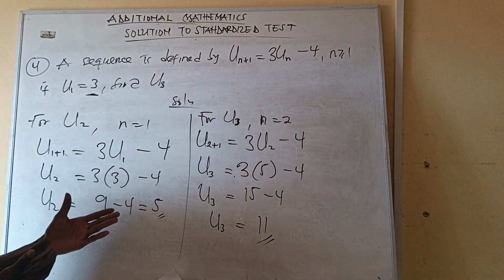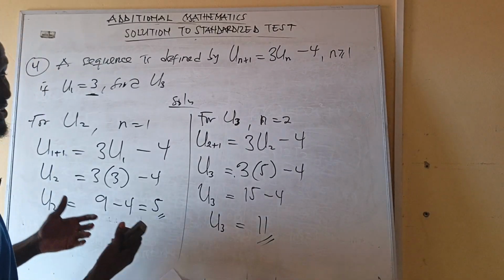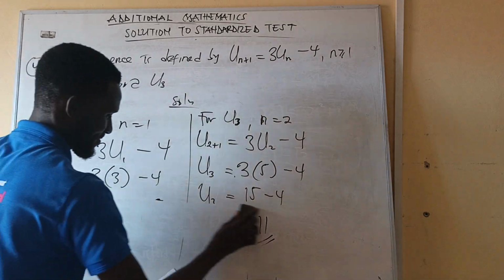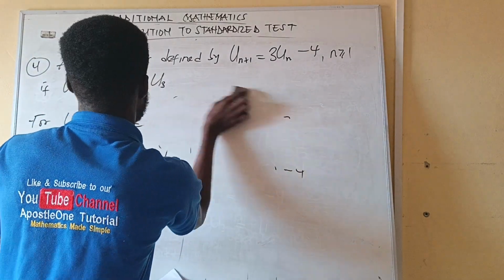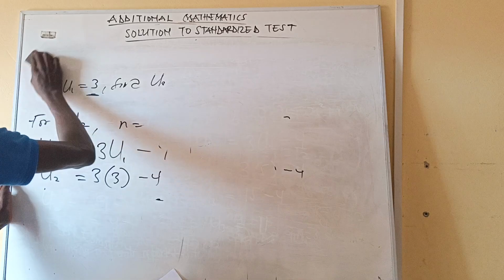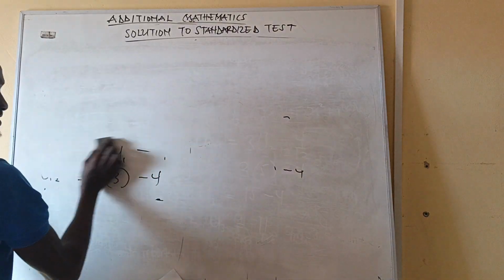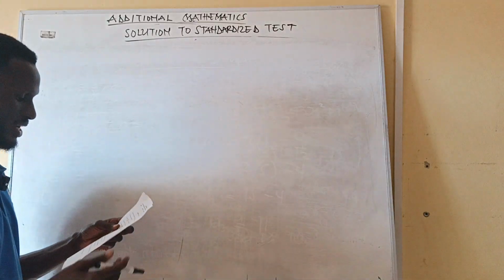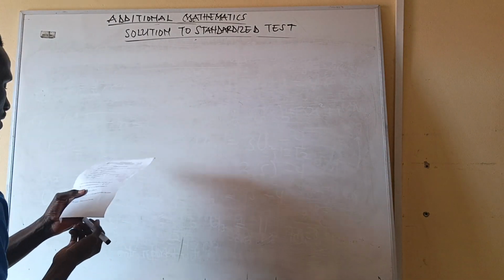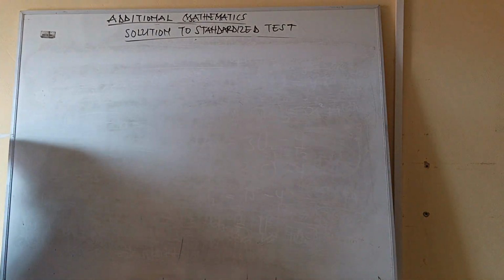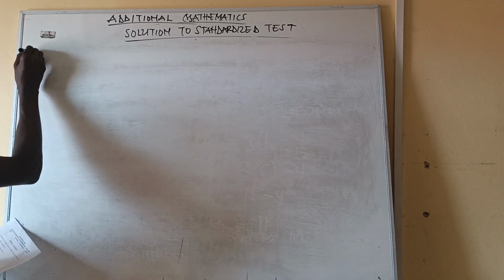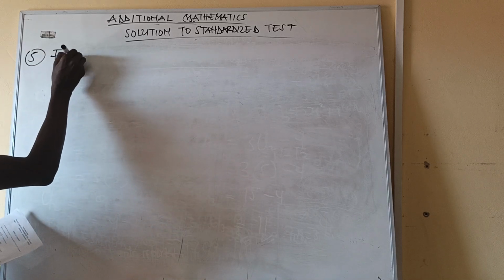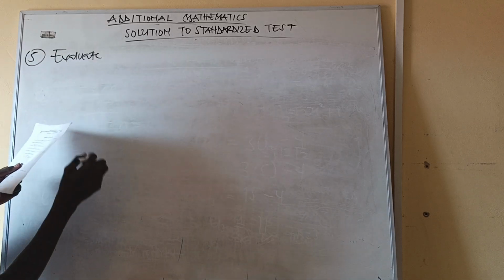You can see that the elective math is much more simple than the core math, right? Yeah. Now, let's move on to the fifth question. The fifth question. Now, with the fifth question, the question says that now evaluate